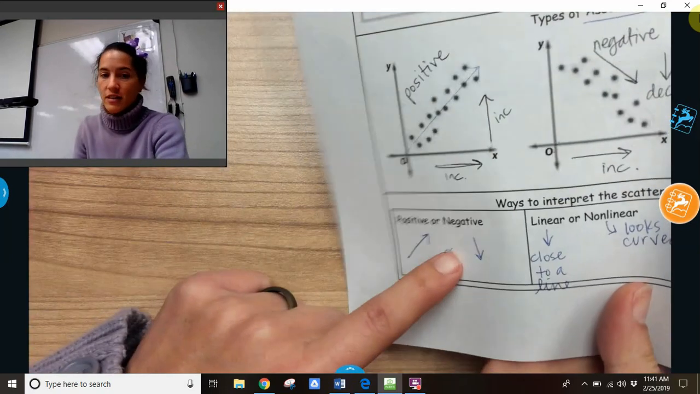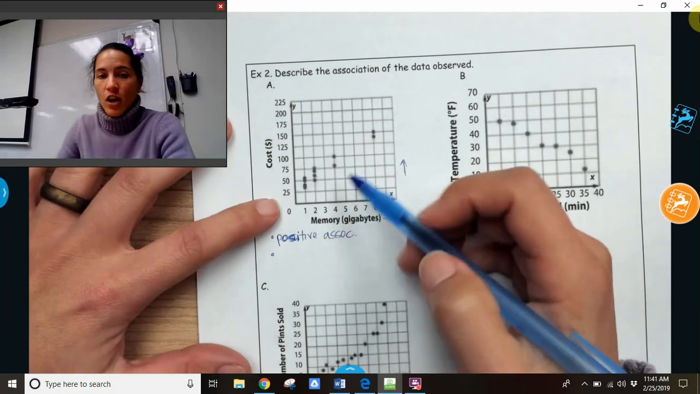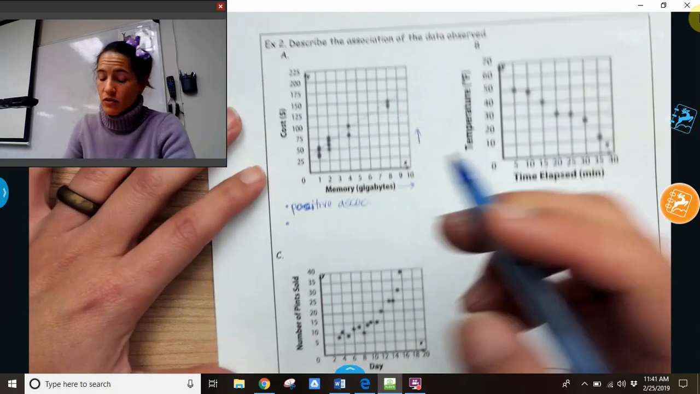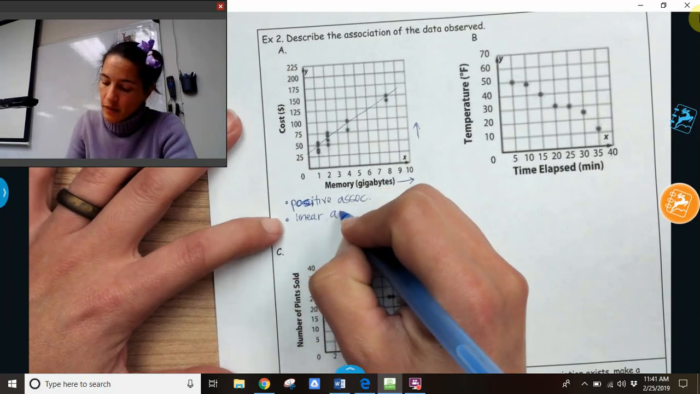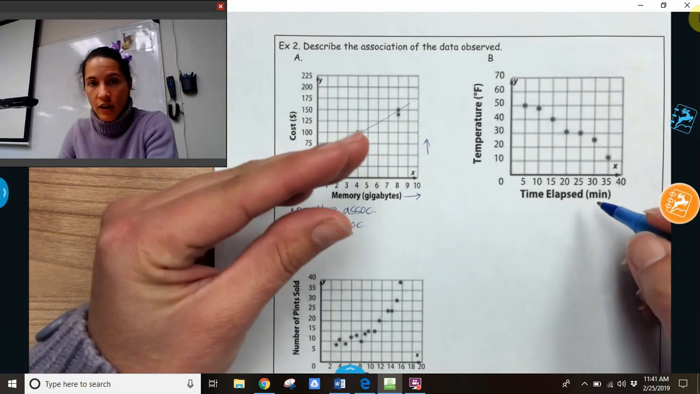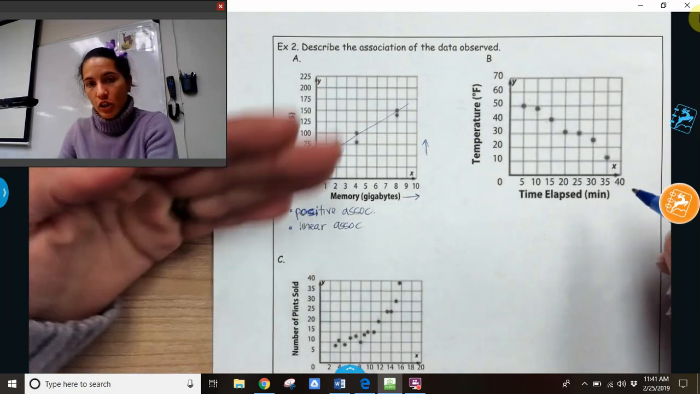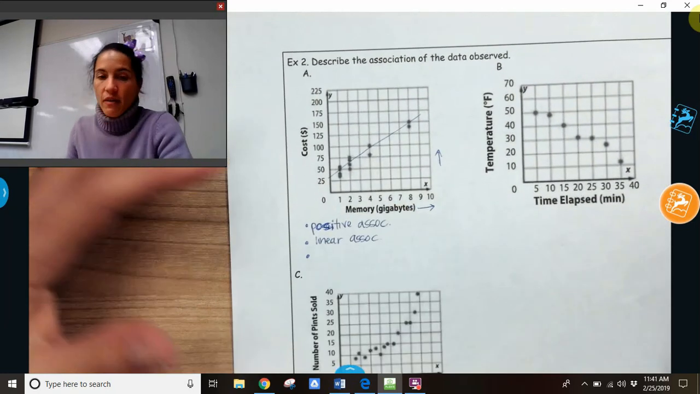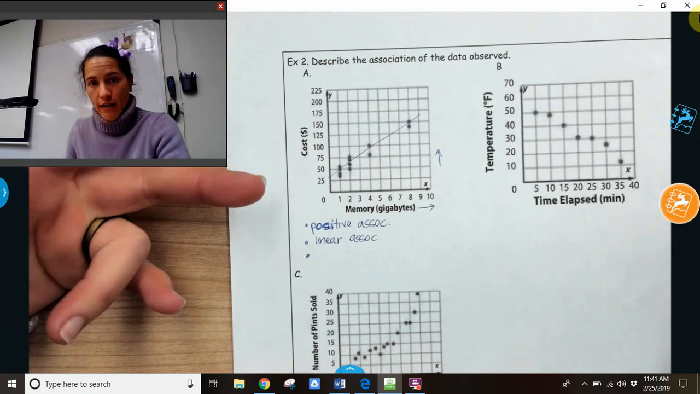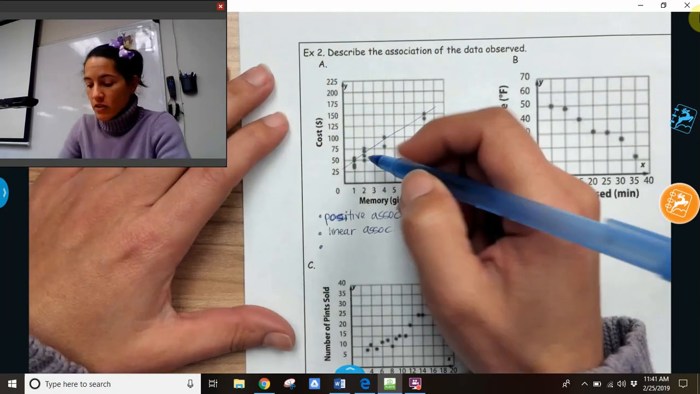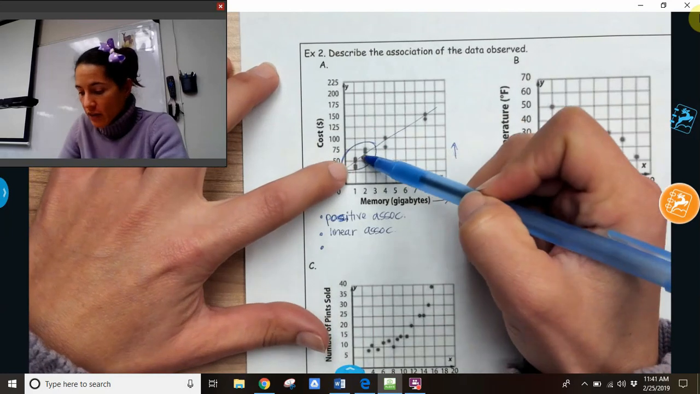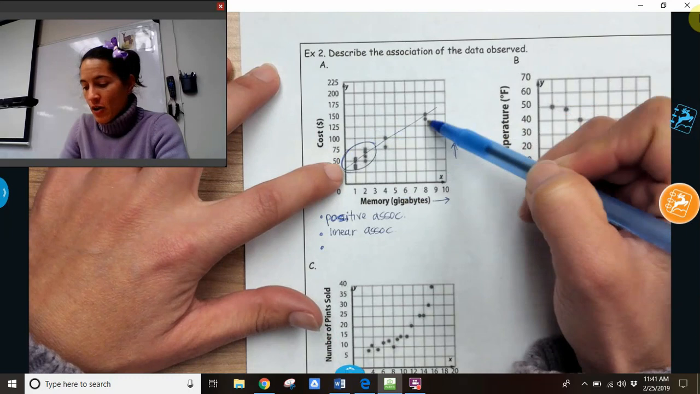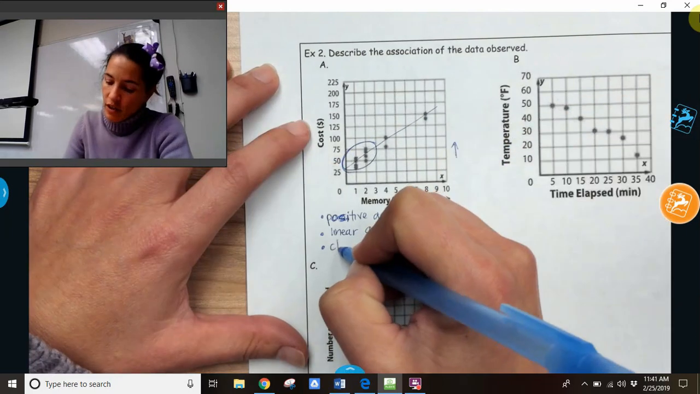So that was the first one, it's positive. Now linear or nonlinear. When you look at this, all the dots are really lying close together, so this would be a linear association because all the dots are really close to that line. We don't have any that curve, like this one down here looks like it's curving. And then we need to identify if there are any clusters or outliers. It does look like we have a cluster because we have 1, 2, 3, 4, 5, 6, 7, 8 dots really close together, and then we just have 4 over here. So there's a cluster